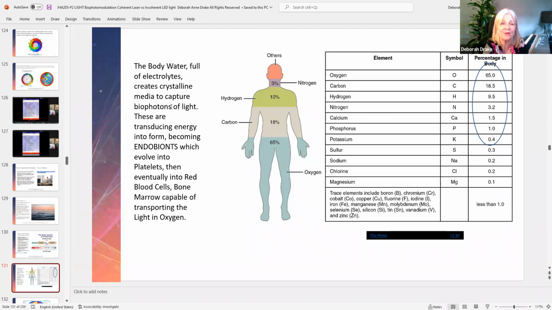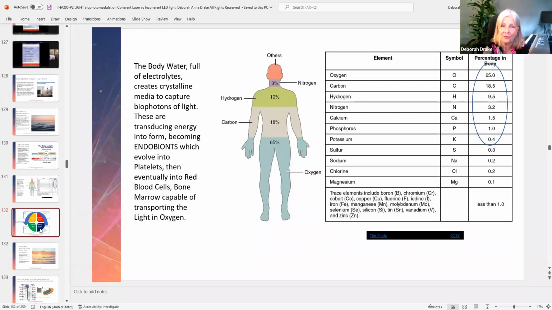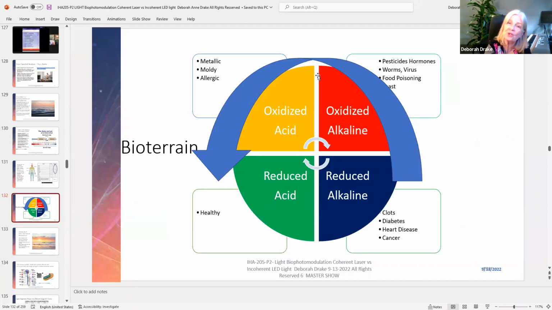So you can't even deliver the oxygen to the end organ that you're trying to get to. So then you can't bring the oxygen back over here to the healthy, reduced, acidic, nice ocean water of the salty blood and salty lymph that you have. If you can't get light into your body, you start oxidizing with heavy metals. You start getting alkaline gut with all the pesticides and hormones. And then you start falling over down into that reduced alkaline blue, exhausted, suffocated, no oxygen zone where we get diabetes, heart disease, and cancer.